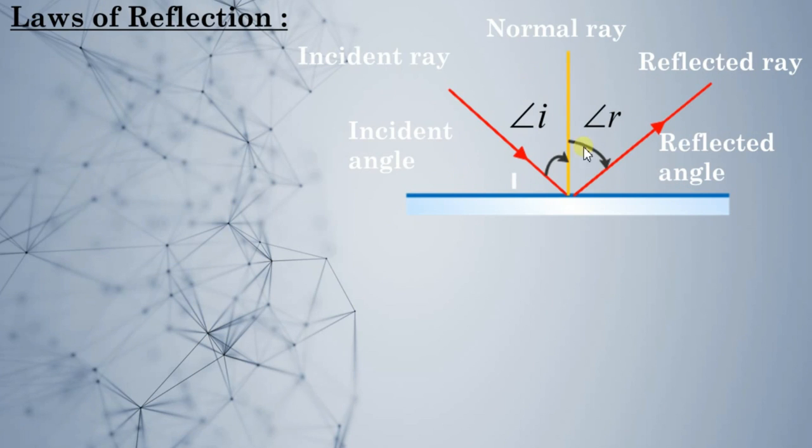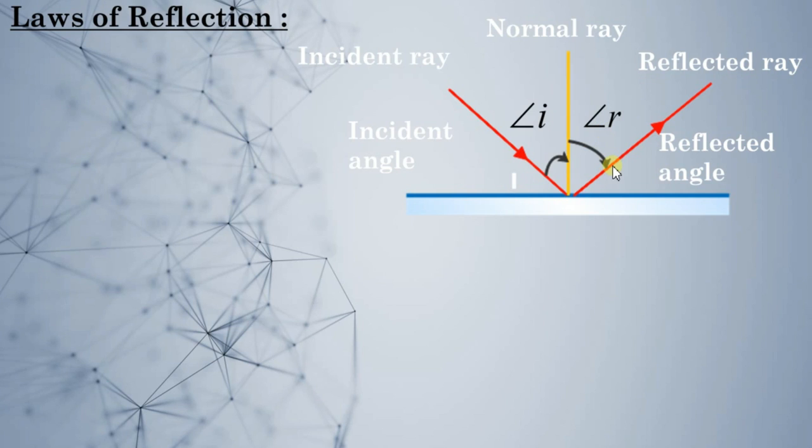In the earlier simulation part, you have come across this kind of thing. Here you are able to see the incident ray, the ray that is coming from the source, and the reflected ray that is leaving the surface. The line perpendicular to the surface is said to be the normal, so I call it the normal ray. The angle between the incident ray and the normal is called the angle of incidence, or incident angle. Similarly, the angle between the reflected ray and the normal ray is called the reflected angle, or angle of reflection. The angle of reflection would be equal to the angle of incidence.